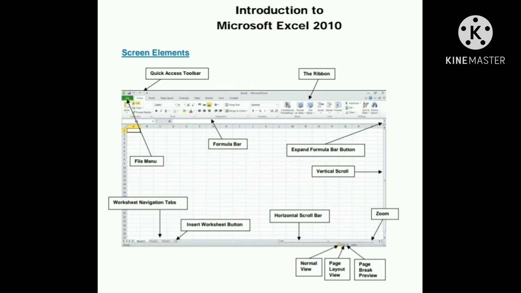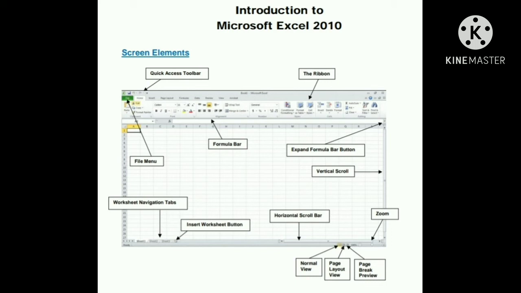File menu. Here you will find the basic commands such as open, save, print, etc. Quick access toolbar, the place to keep the items that you want to access quickly, to be immediately available regardless of which ribbon tab you are working on. If you put so many items on the quick access toolbar that it becomes too big to fit on the title bar, you can move it onto its own line.